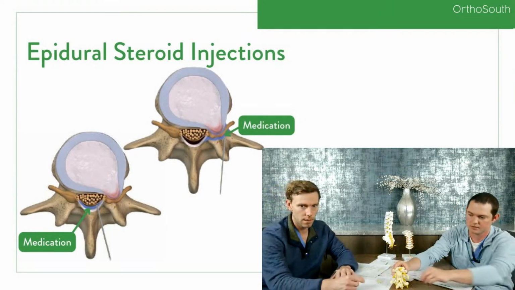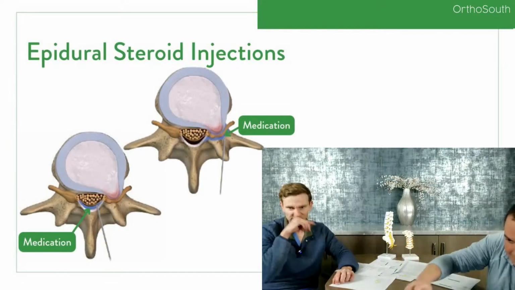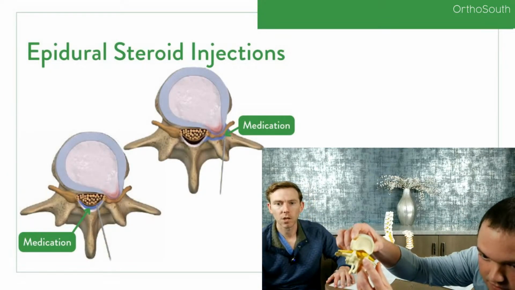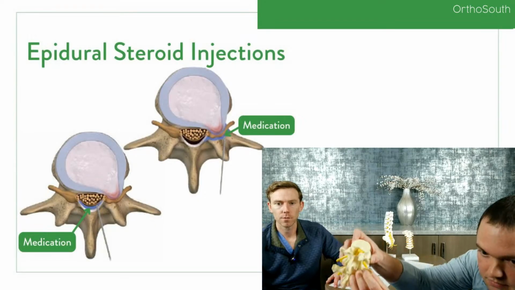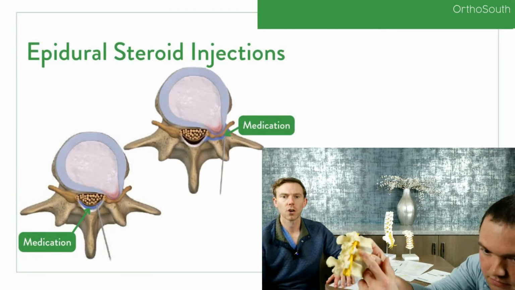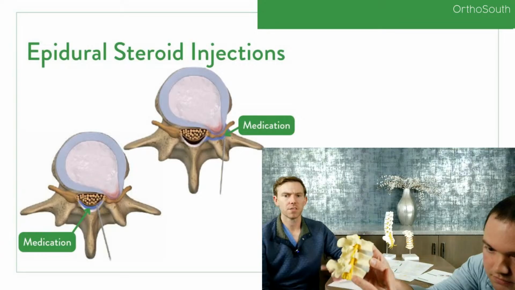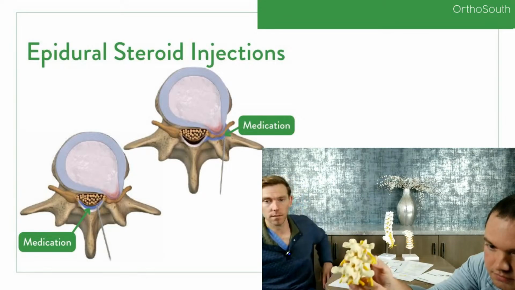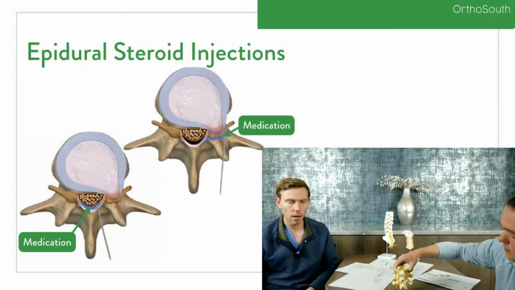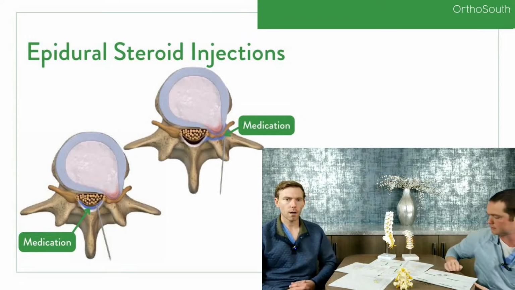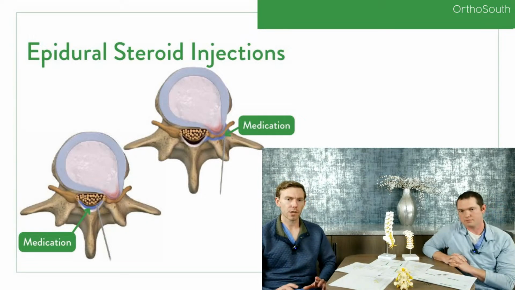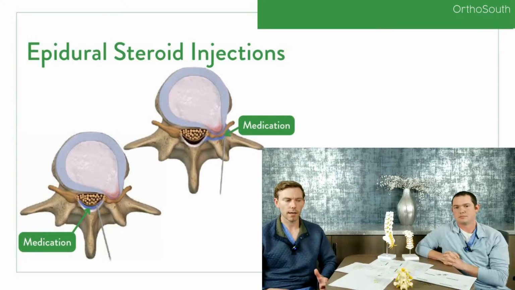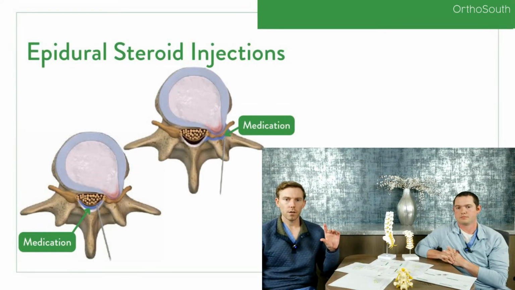Yeah. So I don't know if you can see this. Centrally, you're putting it right there, and when you have a transforaminal, you're really targeting one specific nerve that you think is inflamed by something, whether that be overgrown tissue or a bone spur, often a disc herniation. But an epidural steroid injection is a nerve block, and we will often use those to try to calm down an inflamed nerve. When you hear about an epidural steroid injection or nerve block, those are typically targeting pain coming from a nerve,